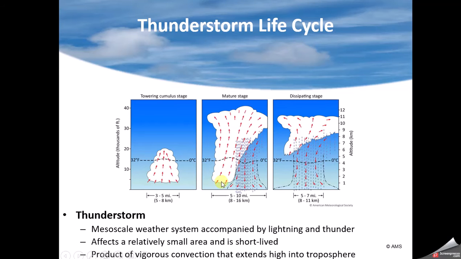But you'll notice there's a tremendous amount of warm, moist air being pulled in here and the cool gust front air down here. Notice how they go out on each side, that gust front. If that gust front gets out here where it's blocking off this warm air from coming in, that thunderstorm can no longer grow. And you'll notice the dissipation phase where that has happened. It cut it off and it's all stable air sinking.